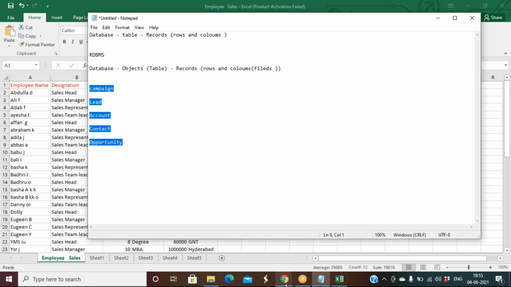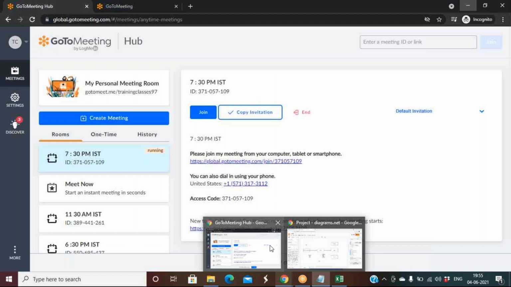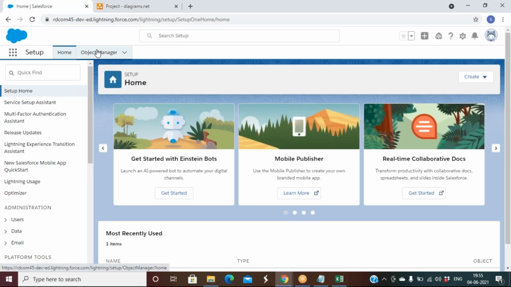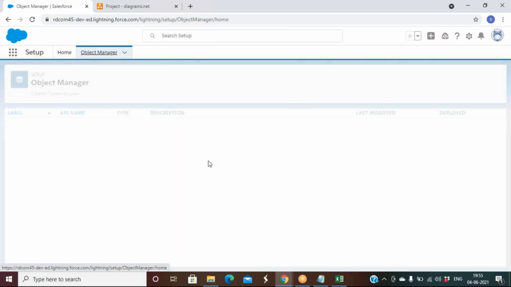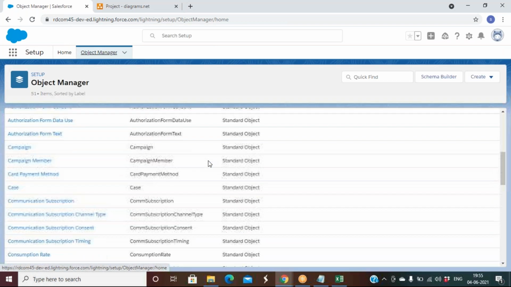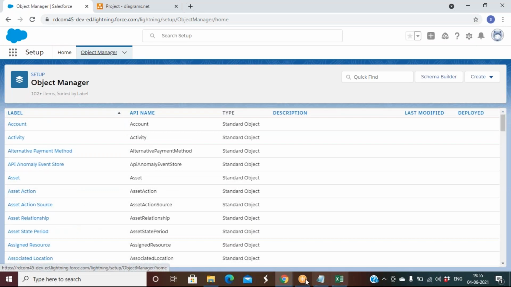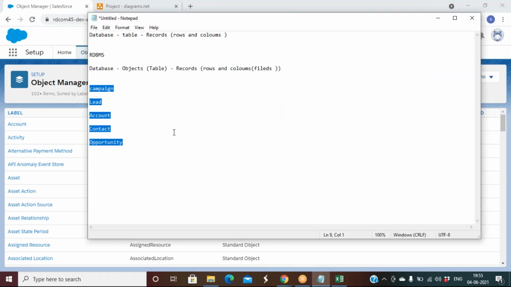And one more thing, we have something called rename tabs. Rename tabs means if you go to Setup, go to Object Manager, here we can see the objects, right? Whatever standard objects Salesforce has given you, when the user sees them on the navigation bar, if they don't want to see the same name and want a different name, you can rename the tabs.